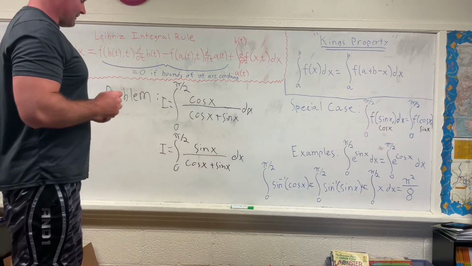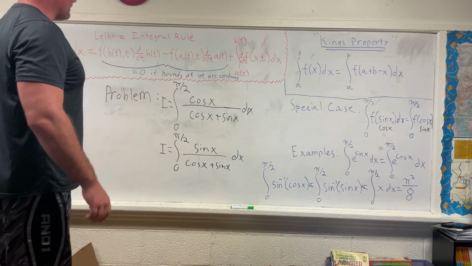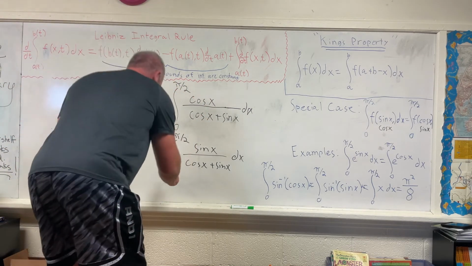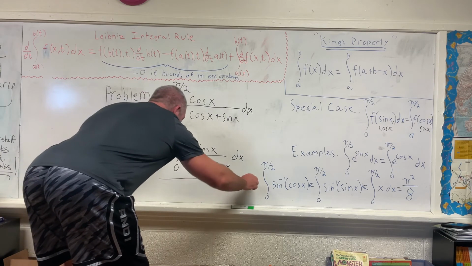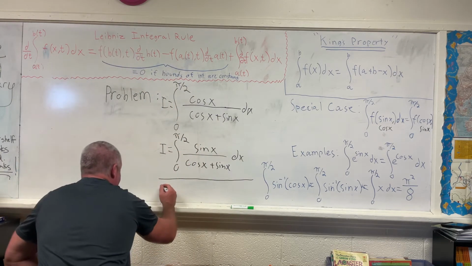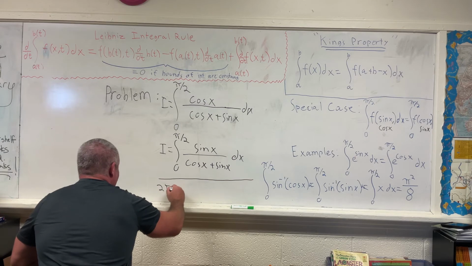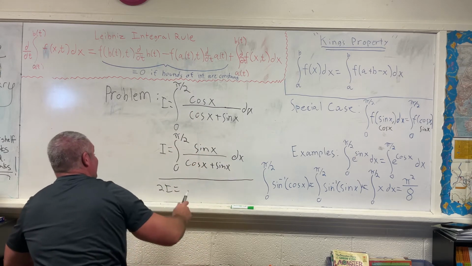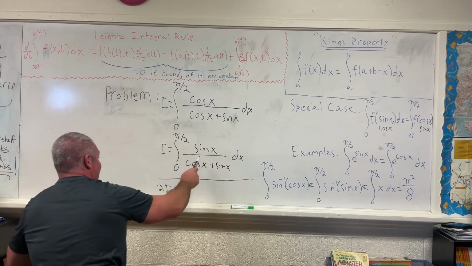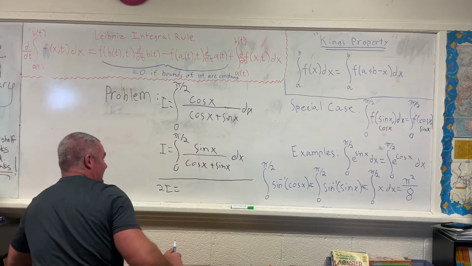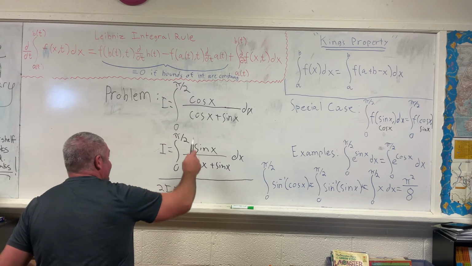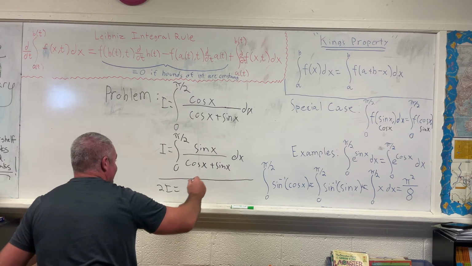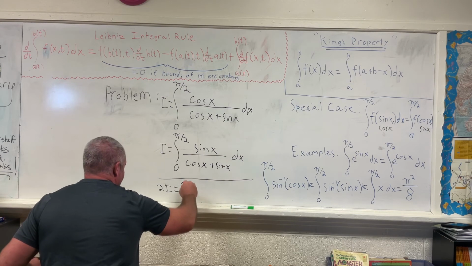So I hope you're seeing where this is going by now. All we have to do to find I is add these two equations together. Doing that, we'll get that 2I is equal to this plus this. And since they have the same bounds of integration and the integrand has the same denominator, we can just write this as cosine x plus sine x over cosine x plus sine x, which is just